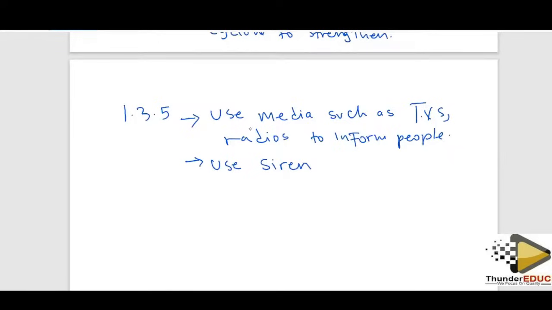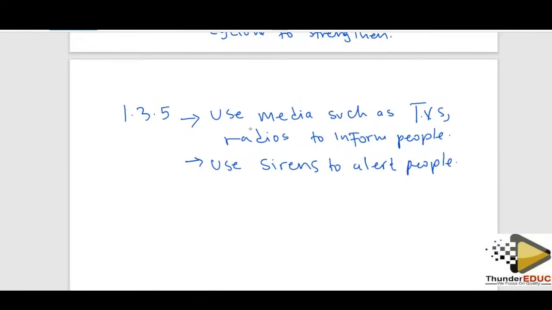So if the government could as well introduce these in areas of intense cyclones, people will get used that whenever there is a siren, it will mean either to prepare or to move out of danger. So we say use sirens to alert